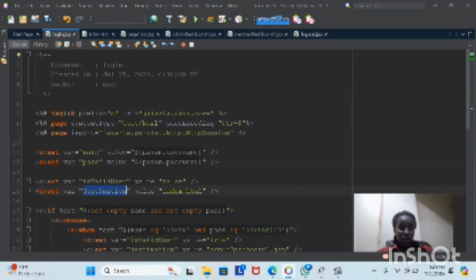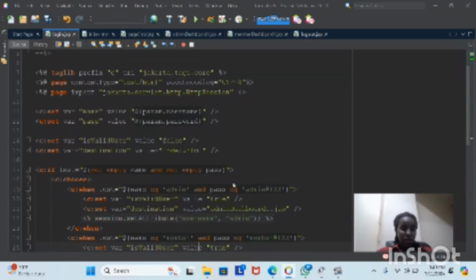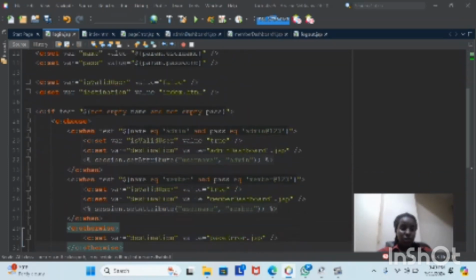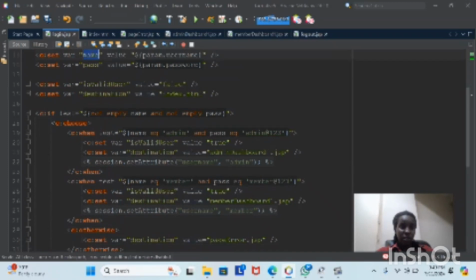and here the variable destination with the value index.html, and this will help us in case the conditions we have set are false. This will be running by default. So these are the default values, and this is the conditions. Here we are setting the condition: if name, we are talking about this name,